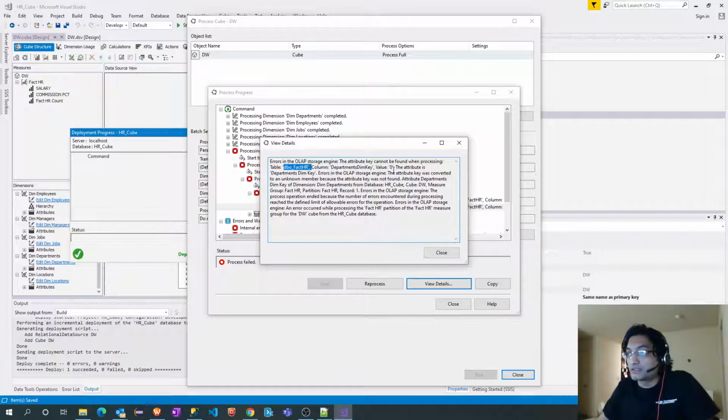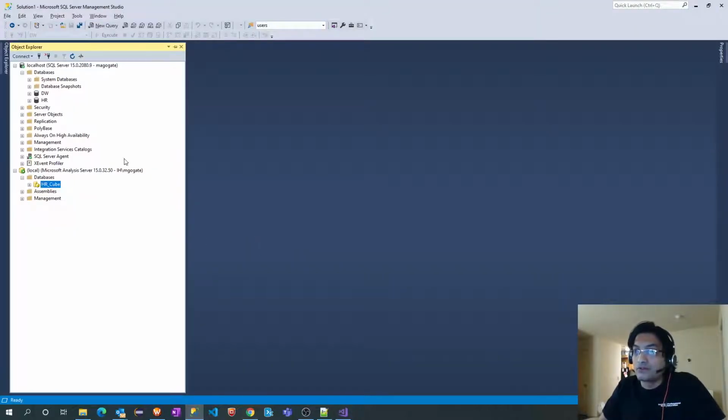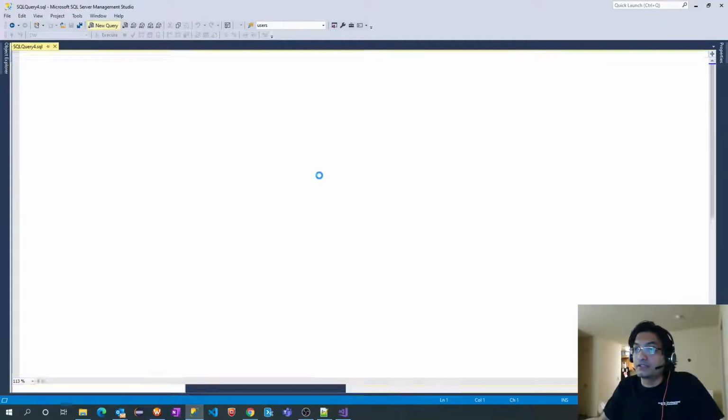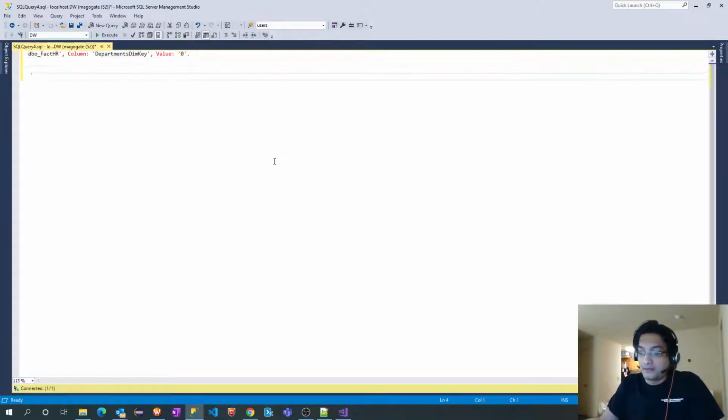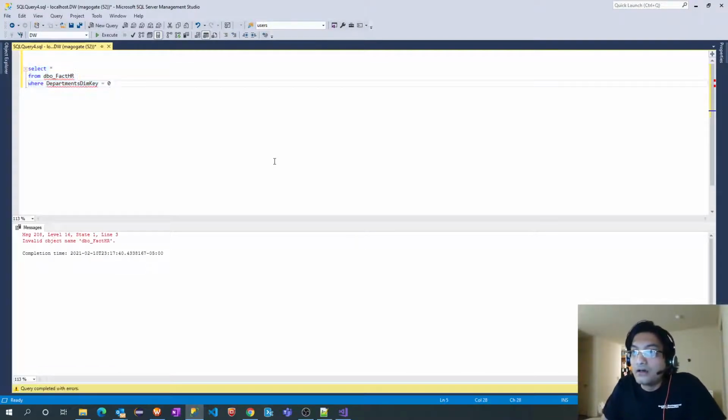So let's copy this and search it here. Select star from the table where it is equal to 0.